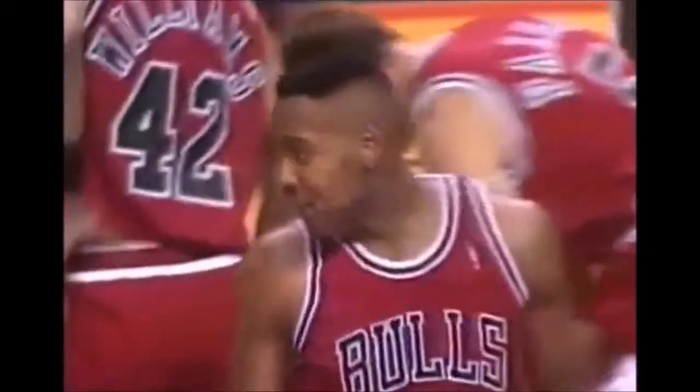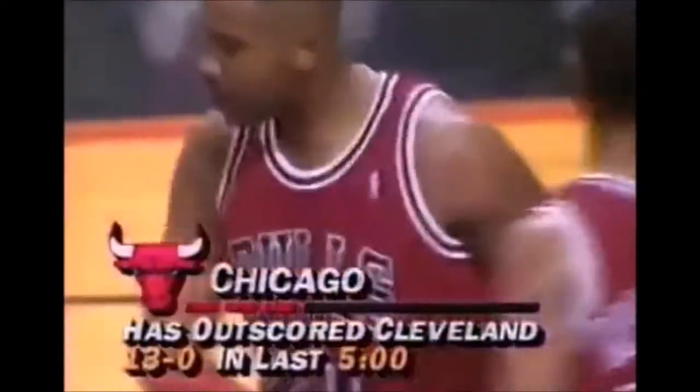Okay, now when Terrell Brandon drives to the basket, all right, if we stop it right there, Gerald Wilkins is under the basket. Craig Elo is holding his hands up in the corner. They've got to get back. Danny Ferry, pass inside to Hot Rod Williams, but he's in trouble in the post, and the foul will be called on the Bulls. Chicago, a 13-0 run in the last 5 minutes, and Pippen has the last 9 for